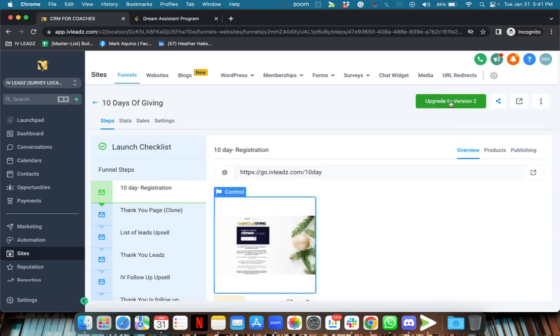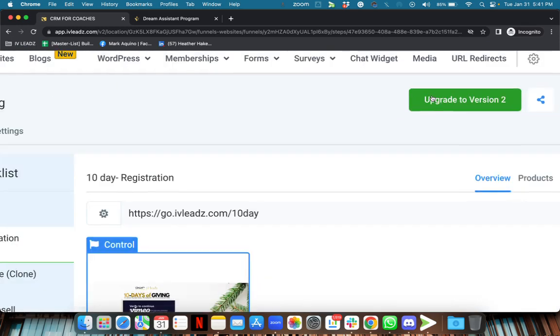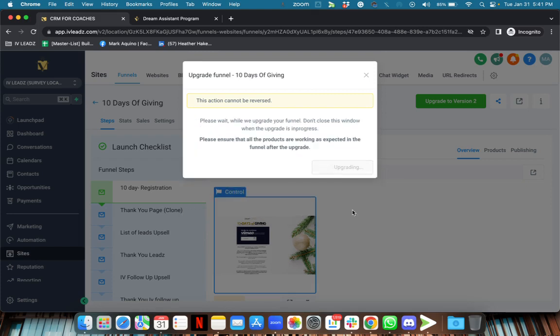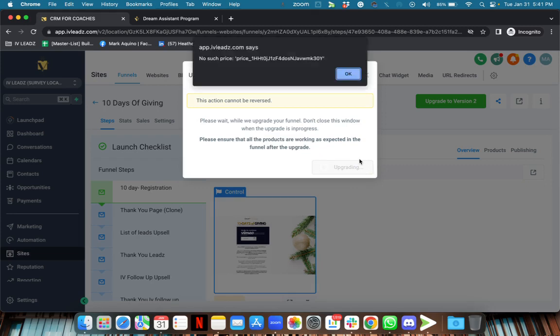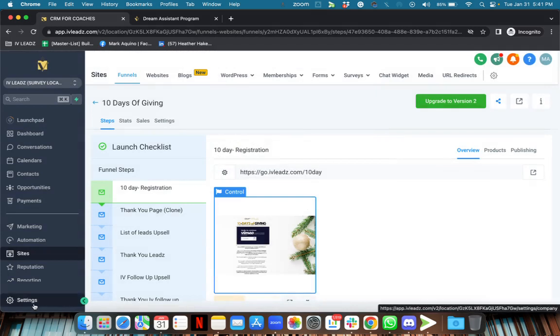You can find this button in the right hand corner of your screen, upgrade to version 2. So just click on that button to upgrade. Then type in upgrade and click on yes, upgrade, and then it will upgrade the funnel. Now, once your funnel has been upgraded to version 2, then you just have to go to settings and then